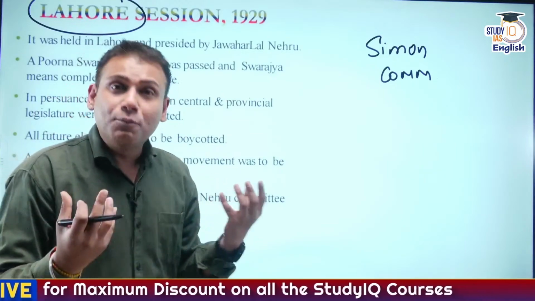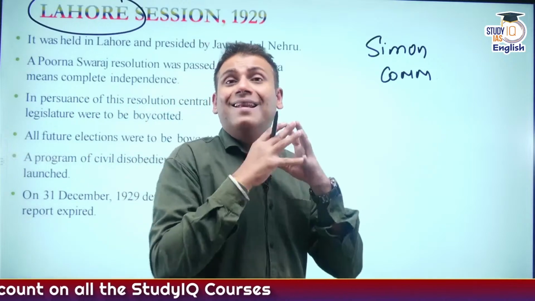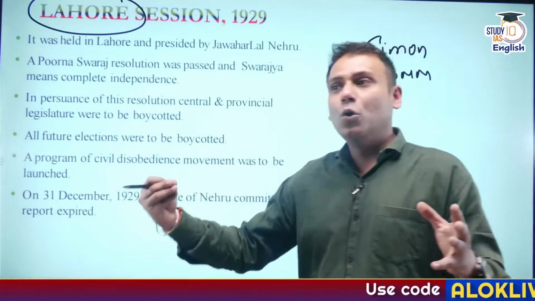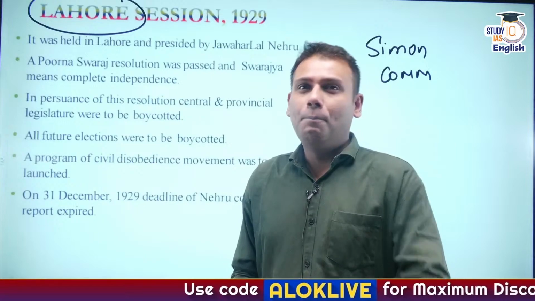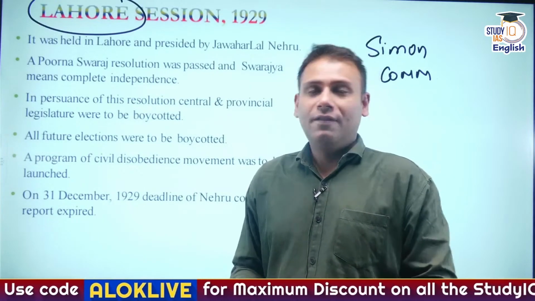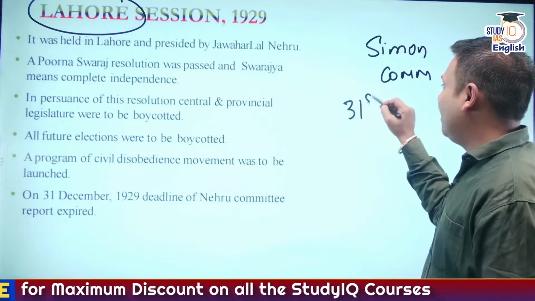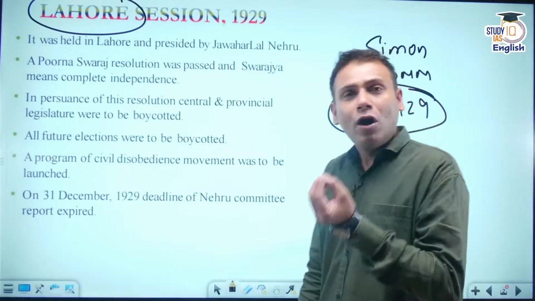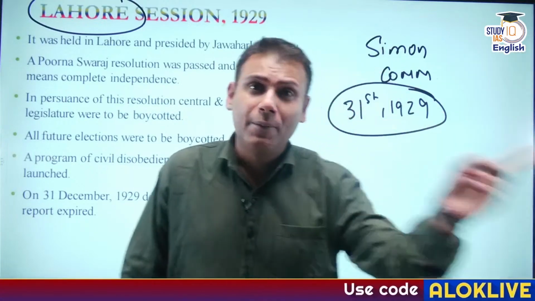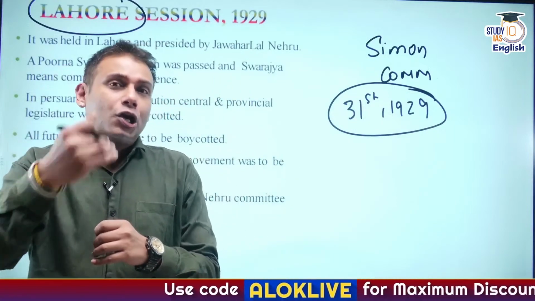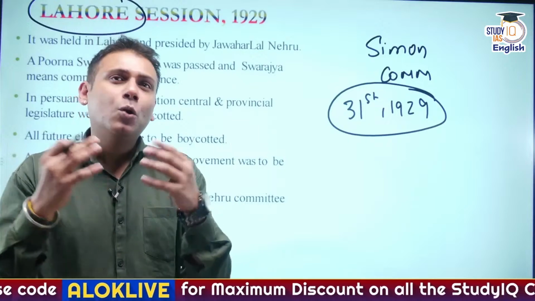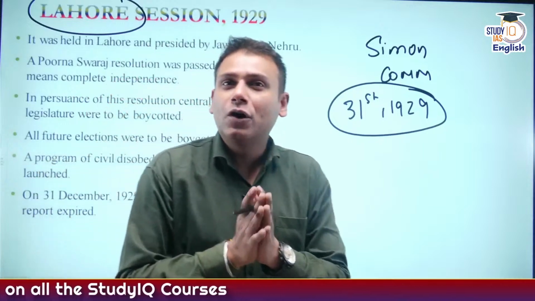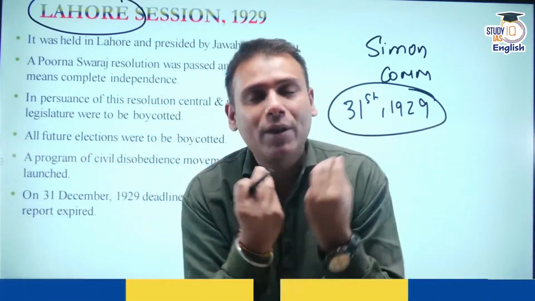But there was an intense movement going on in the country, wherein nationalists of all ranks were demanding that they wanted to create their own constituent assembly followed by their own constitution. Birkenhead challenged the nationalists of India: before 31st December 1929, I want the constitution on my table. Now, this act of Lord Birkenhead was heavily criticized initially in the British Parliament, that you shouldn't give the authority to Indians to draft their own constitution. But Birkenhead justified that Indians won't be able to make their constitution because there are internal rivalries between Indians.